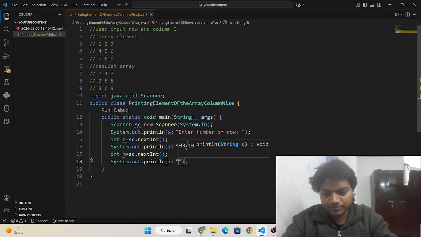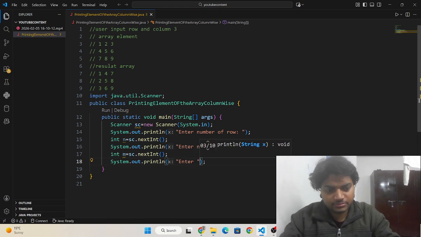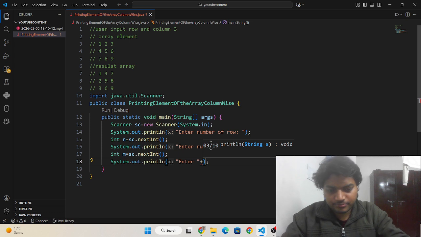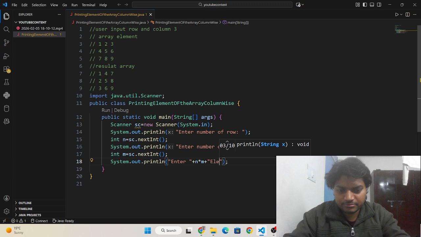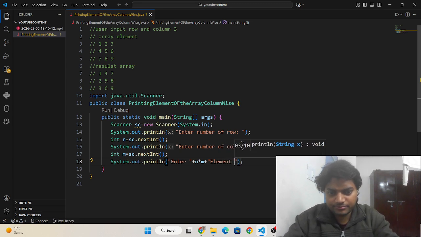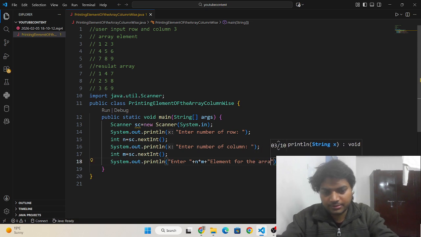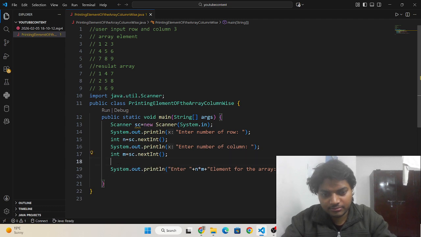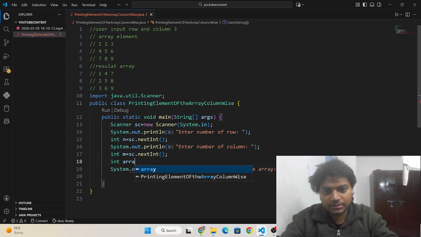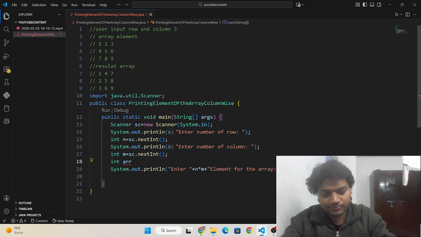And then print enter n cross m elements for the array. Here I need to write first int arr with two square brackets new int n m.